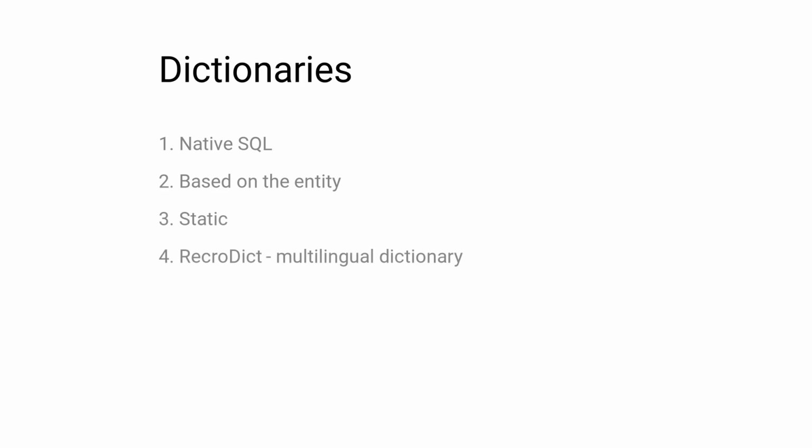And now, let's review the types of dictionary management we'll cover in this tutorial. The first two methods will generate dictionaries directly from our existing database using database queries. The next two can be configured on the RGF admin interface, while the last two allow for defining dictionaries at the code level. Let's start with the native SQL method.